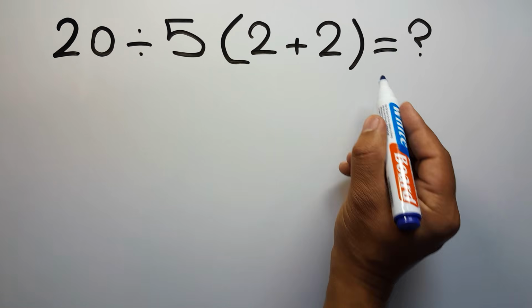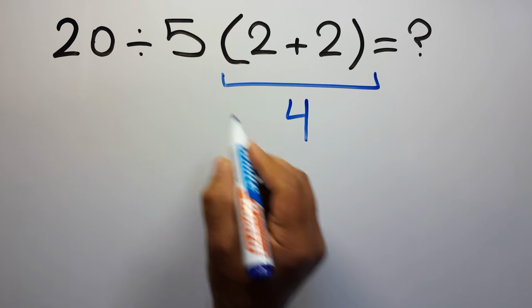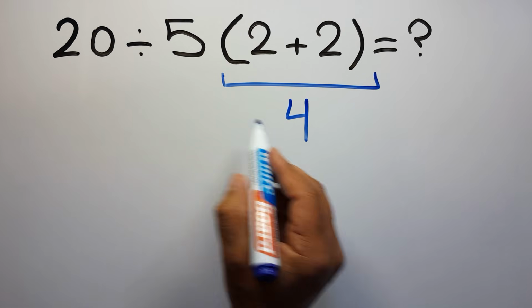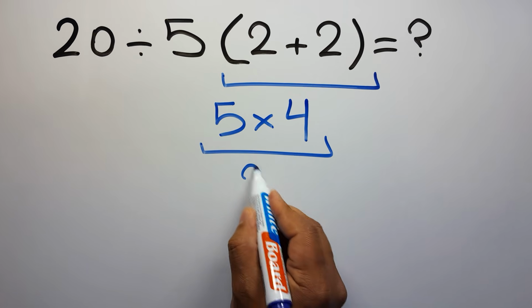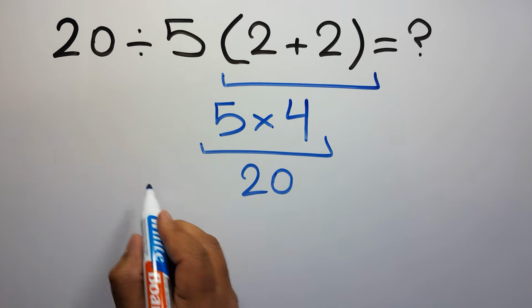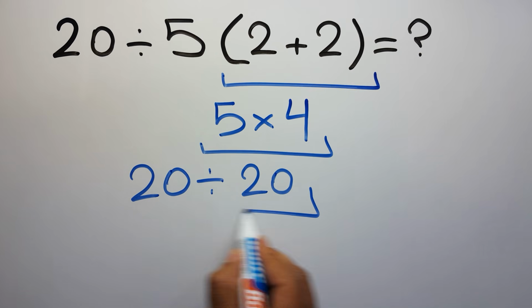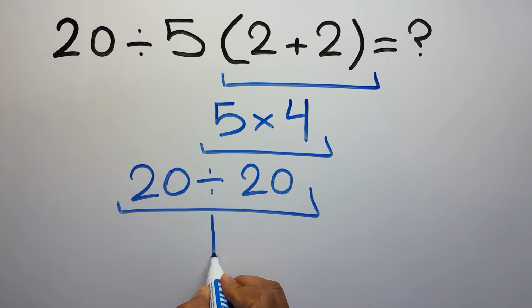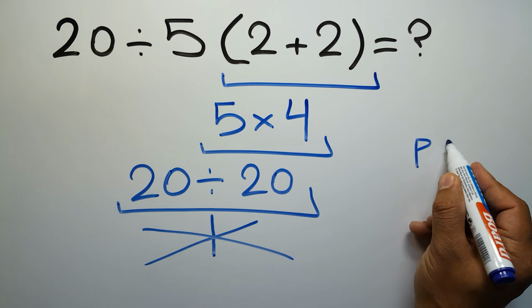2 plus 2 gives us 4. And the 5 times 4 equals 20. So 20 divided by 20 is just 1. But this answer is not correct because according to the order of operations, which is PEMDAS,